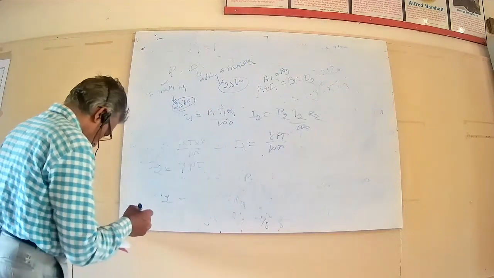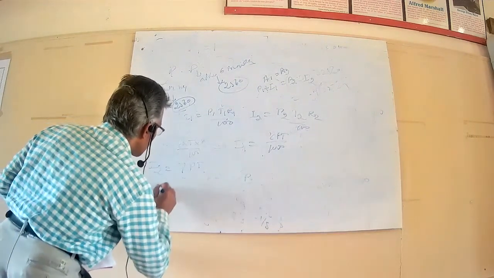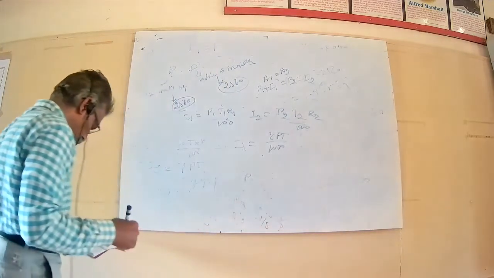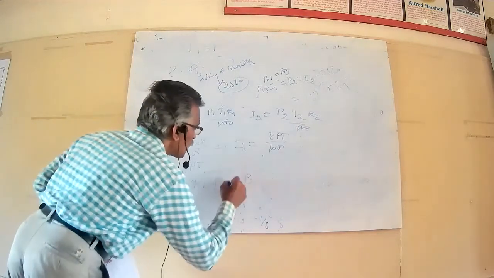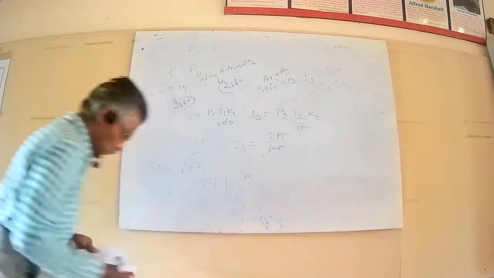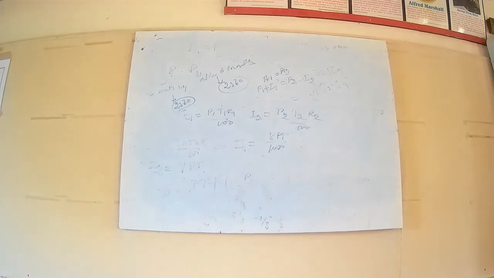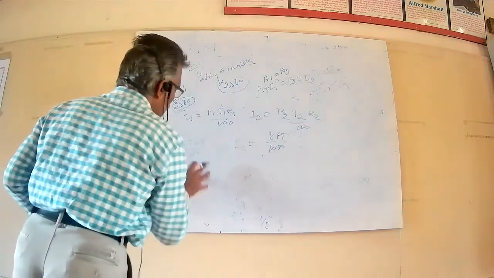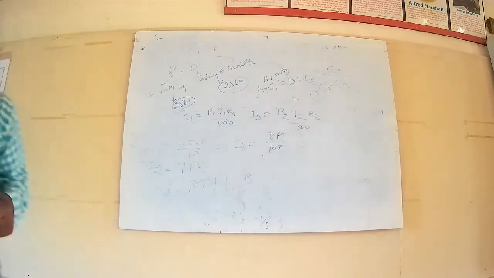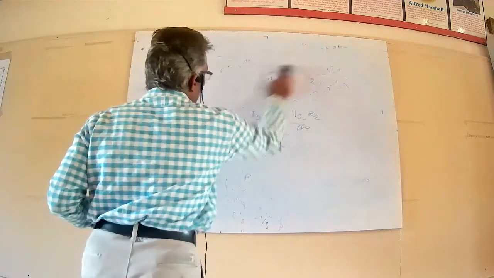So I2 equal to 7 PT plus 7P divided by 2, whole divided by 100. Now I2 is there. So you have to balance it now. I1 equal to I2, that must balance. So this I1 equal to this. 8 PT, I1 equal to I2 because P is the same for both.